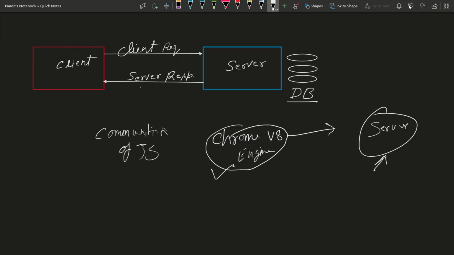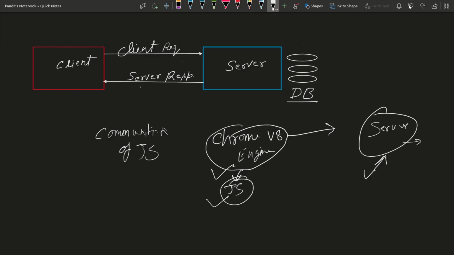Okay. So now why are we calling this a runtime environment? Because this is nothing but JavaScript. We wrote the JavaScript scripting language inside the browser, right, for the UI development. And now the same code can be written and can be connected with the database using the same language.